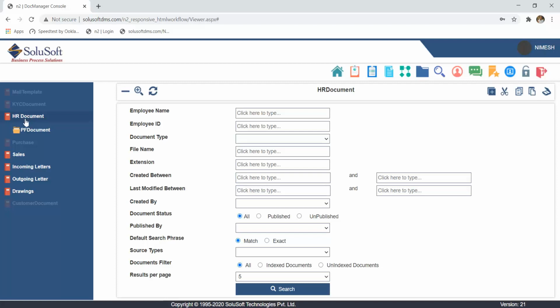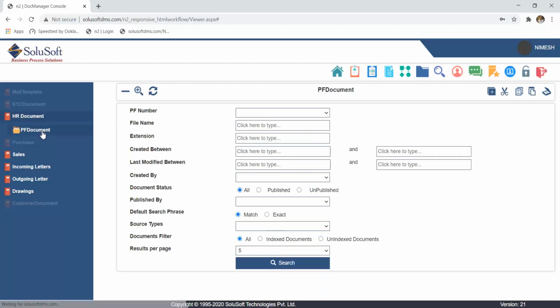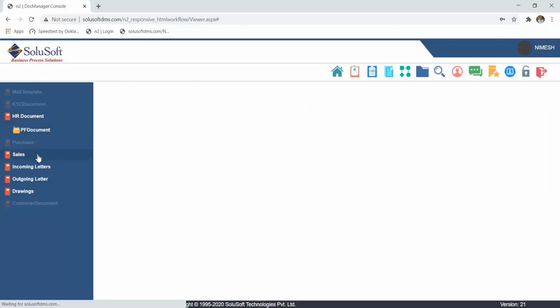This template is a completely dynamic concept. It can be created by an administrator user. And how are they created? They are created on the basis of the project, maybe on the department, and sub-foldering or sub-templating is also a possibility. So for example, HR document is one template. Within that there is a PF document, another template. So likewise we can